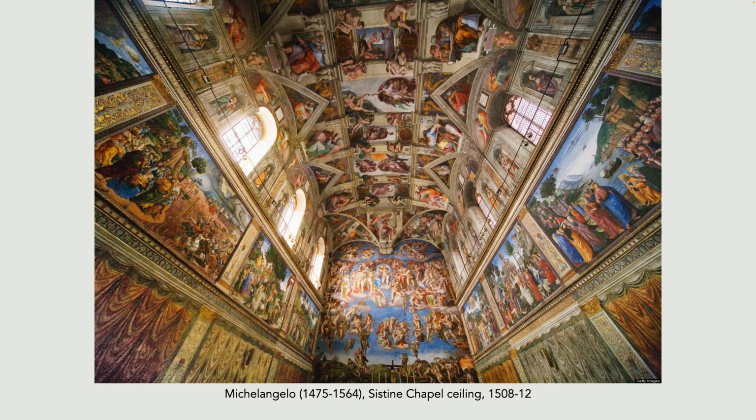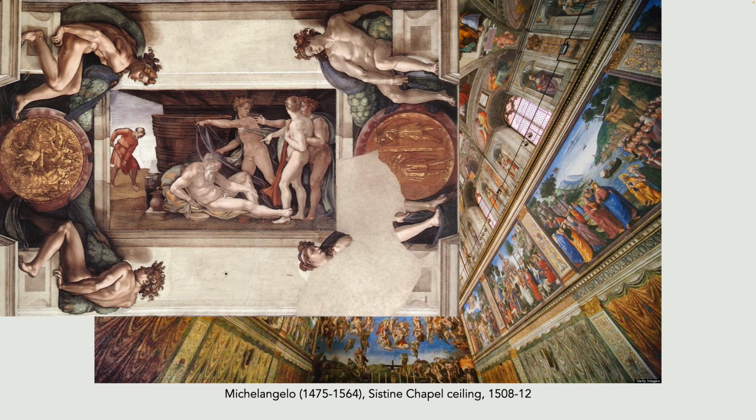He started with this, the drunkenness of Noah, and it shows the humiliation of the drunken Noah, which was seen as a prefiguration of the humiliation of Christ. The ignudi, that is naked figures around the picture, one of them on the bottom right was damaged by a gunpowder explosion at the Castel Sant'Angelo in 1797.